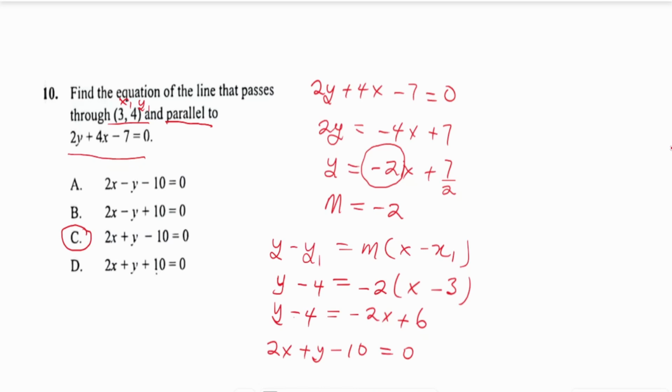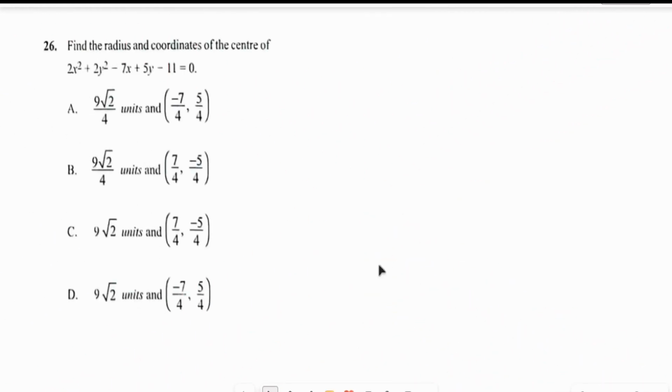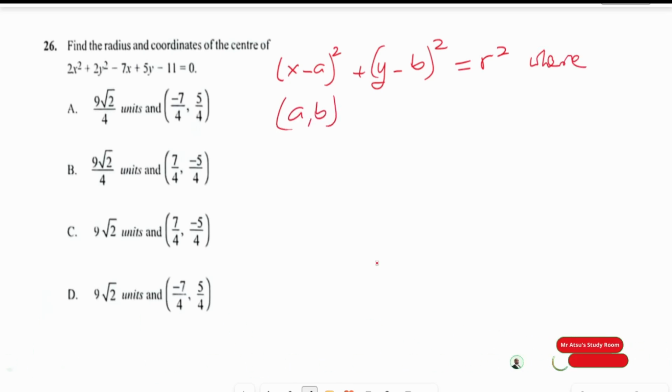We move to the next question, which is question 26. Question 26 has the equation of a circle, and then we have to find the radius and the coordinate of the center of the circle here. And this is in the general form, so we express it in the standard form, which is x minus a all squared plus y minus b all squared equals r squared, where a comma b are the coordinates of the center